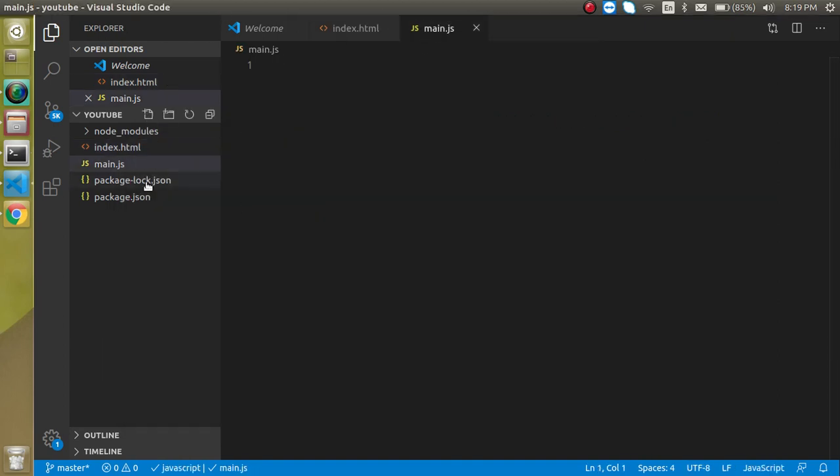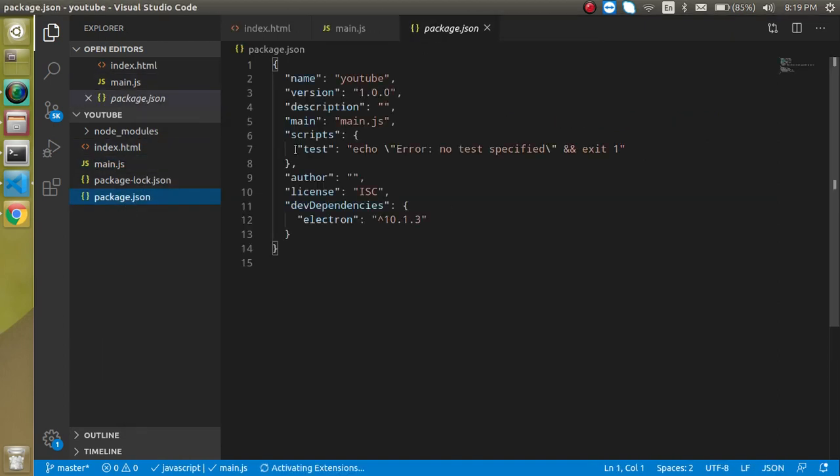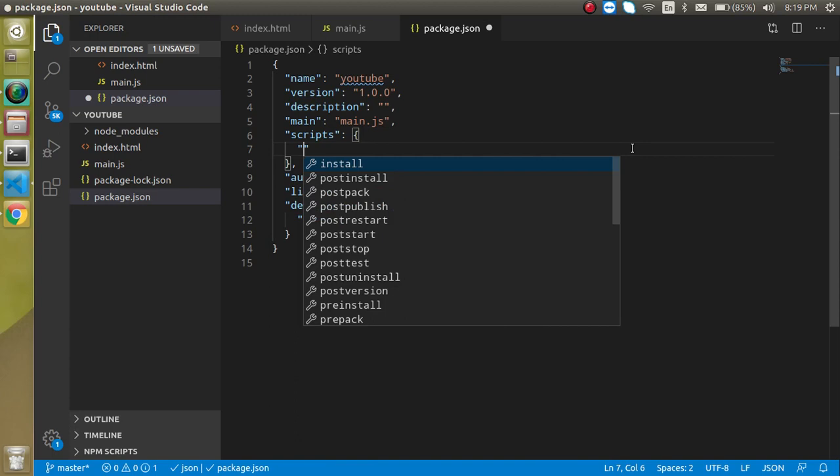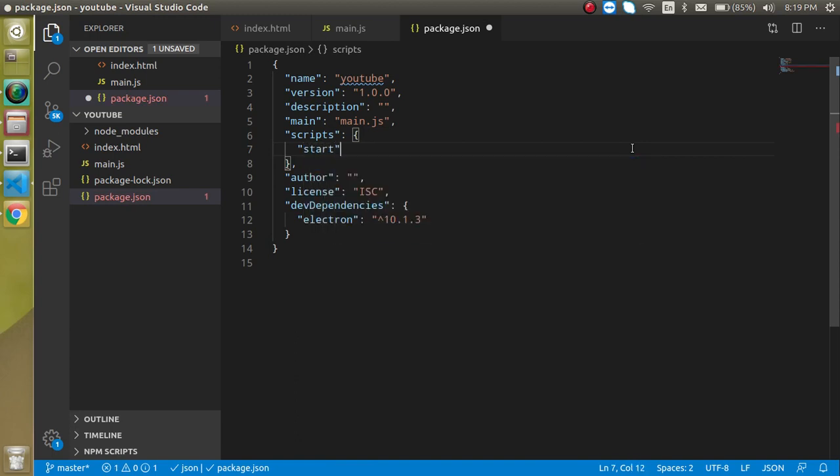Just go to the package.json file and you can remove this test command because we don't need it for a moment, so we can remove it, and just write here start and put here electron dot,